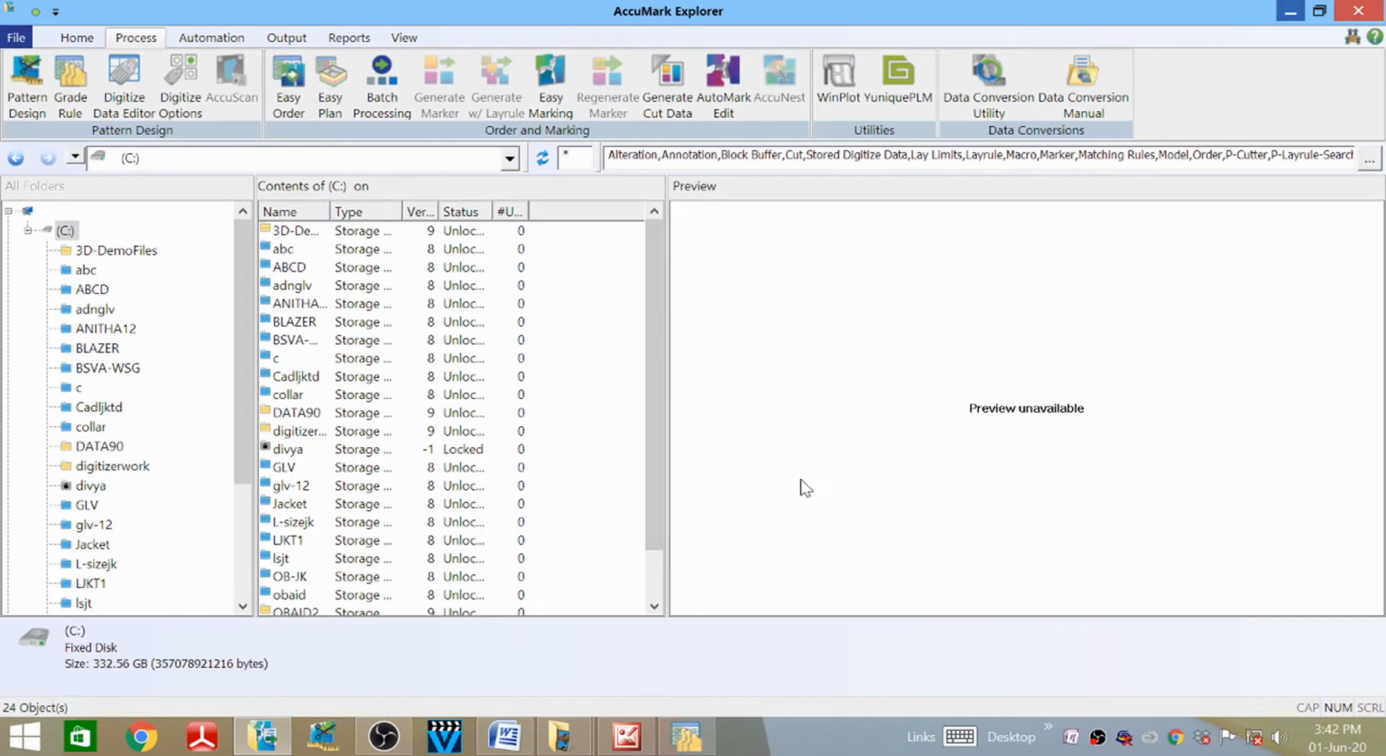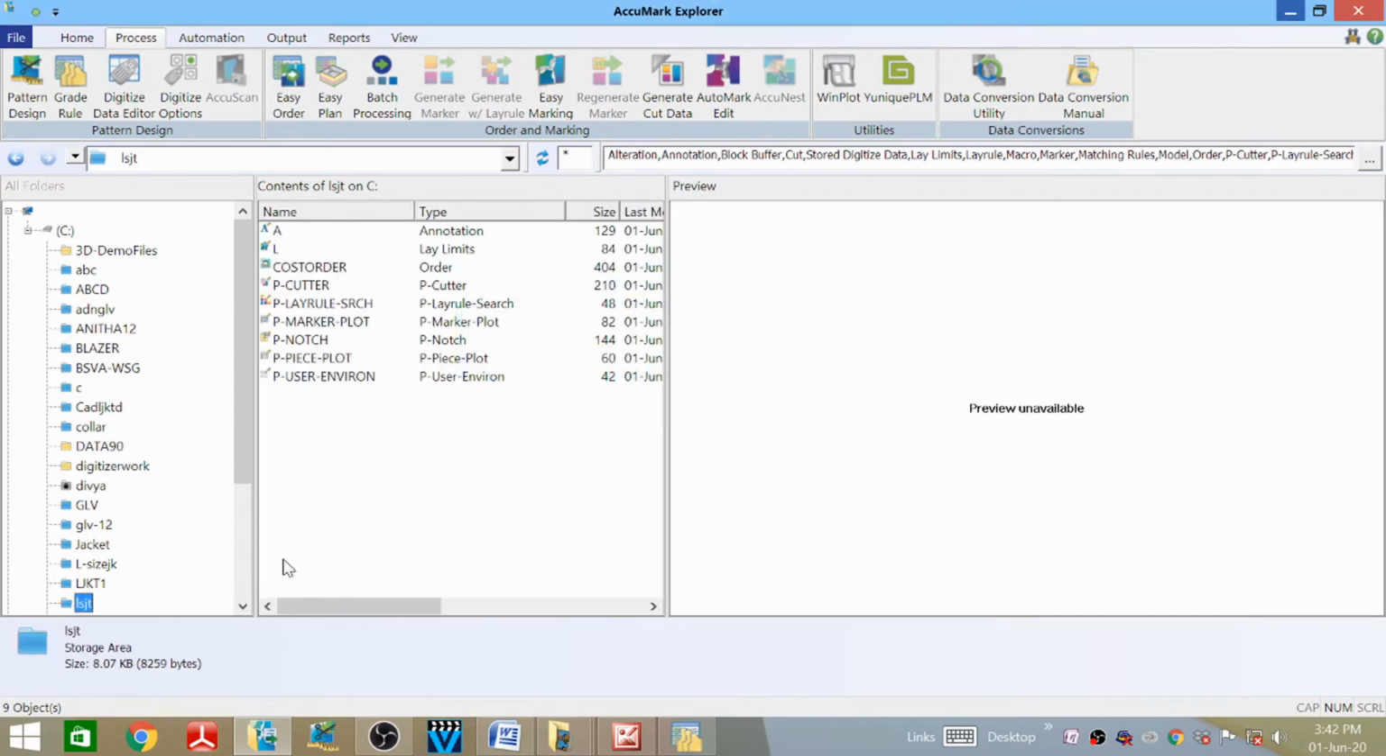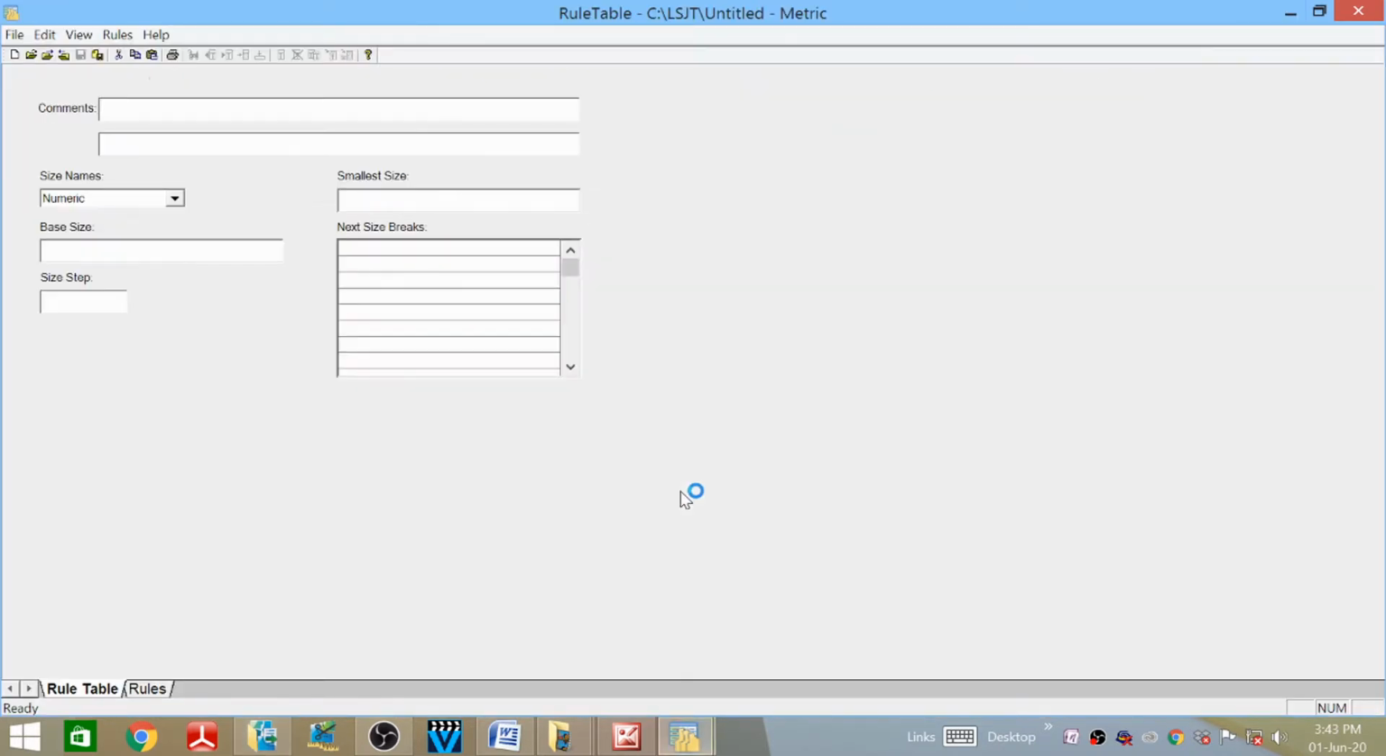Now you can see that your folder has been created. Now we have to activate our folder, so we double left click on that folder, and then you can see the blue color showing that your folder is activated. Now left click over there, and then go to new, and we have to create the rule table. It plays a very important role. Rule table, large size